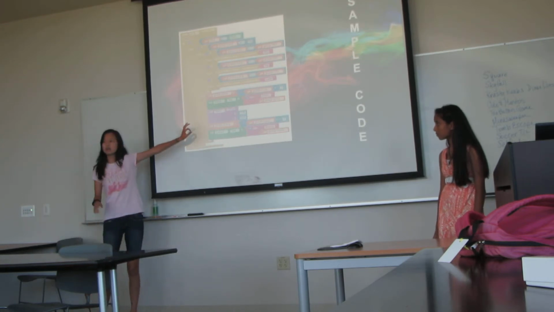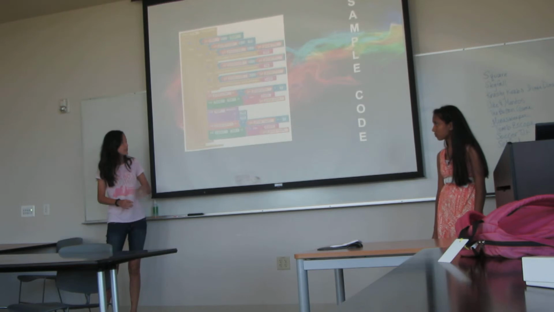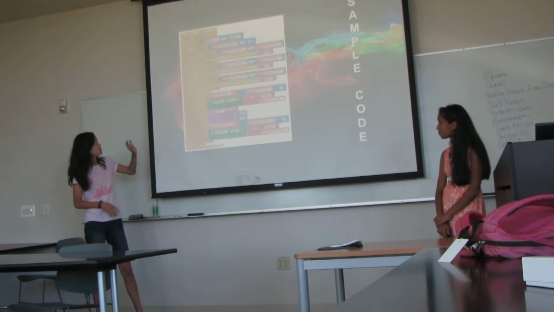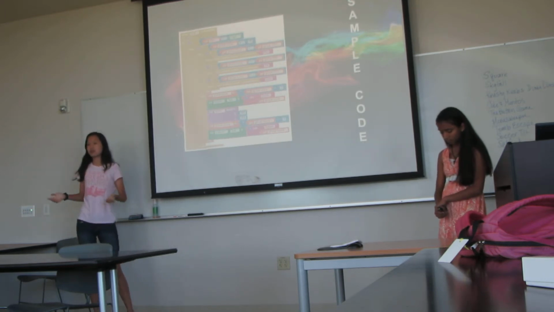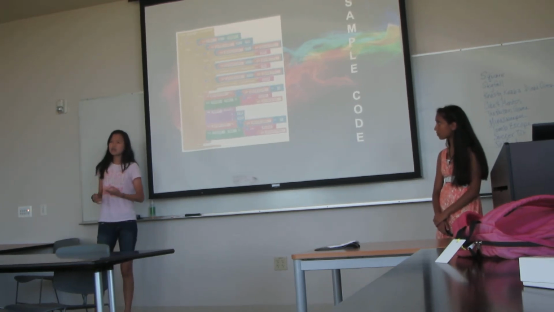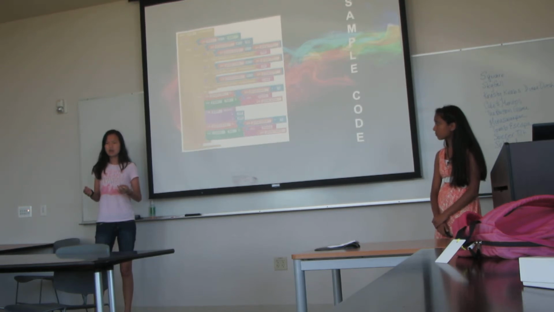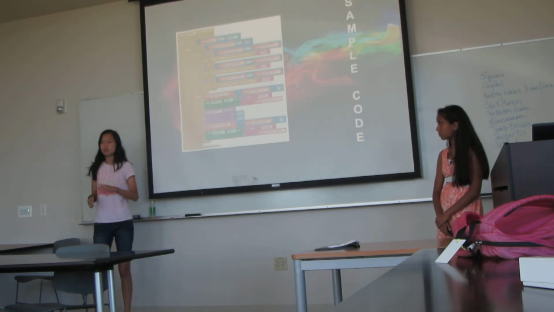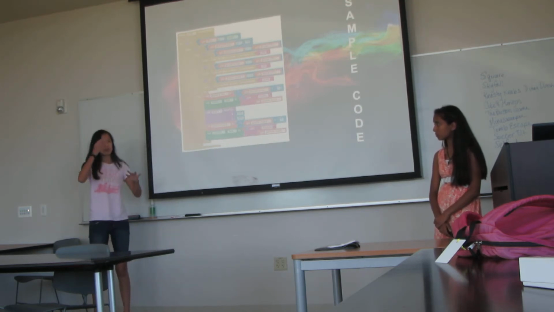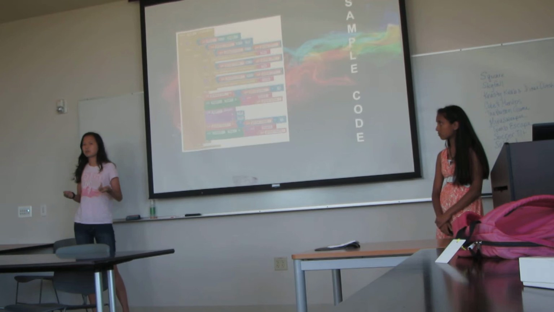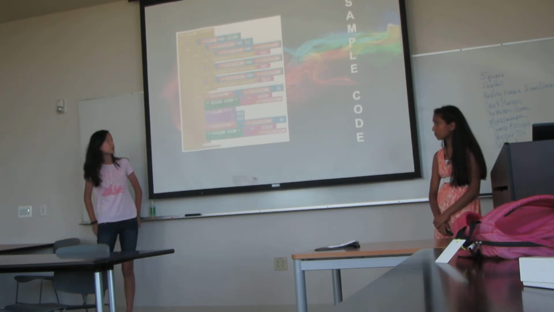And then if it's not greater than 10, then you add the score and also add the round, and then set that to the labels. This was challenging because we also had another block that was kind of like this, where the ball collides with the player. What happened was we kept calling both methods at the same time, even though we weren't colliding with both, we were only colliding with the player. So we finally got it to work because we changed it to if get other is equal to ball. So that means that the goal and the ball are